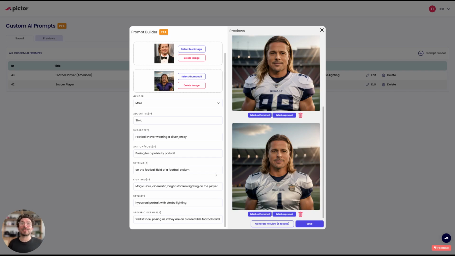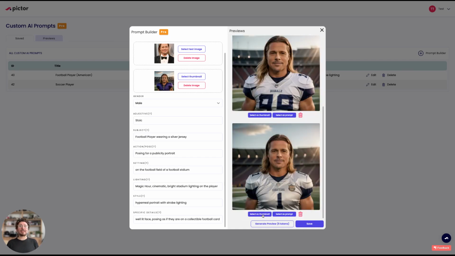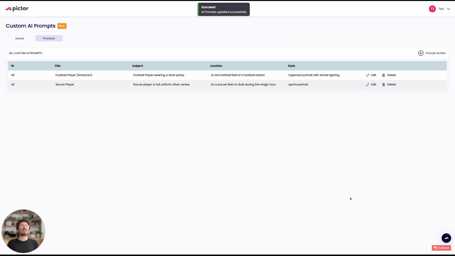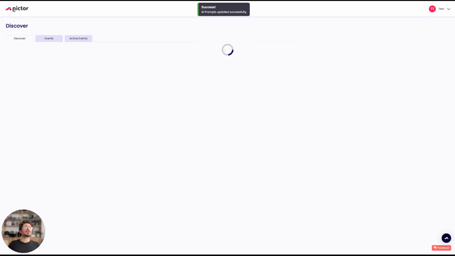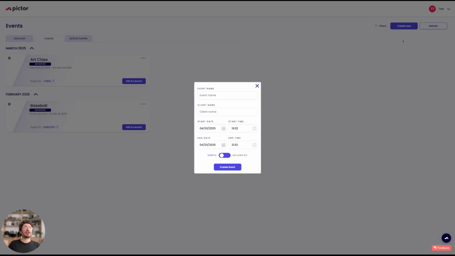So here we are with our silver player. I'm pretty happy with that. You'll note that originally it took this thumbnail, so I'm going to select this thumbnail here. I'm going to save this, and I'm going to select this prompt, and then I'm going to save this. And now if I go back to Pictor events, and I create a new event, let's call this footballer,